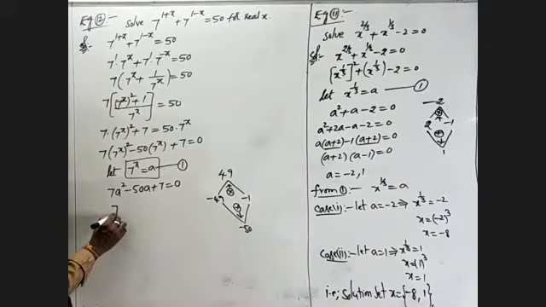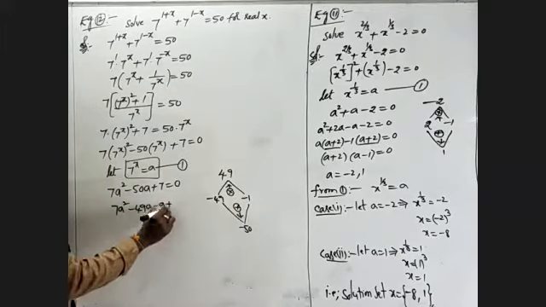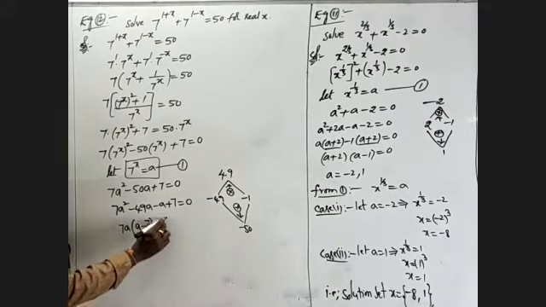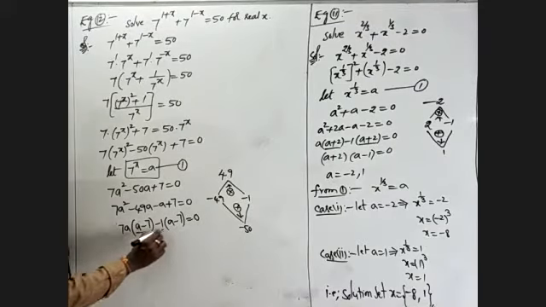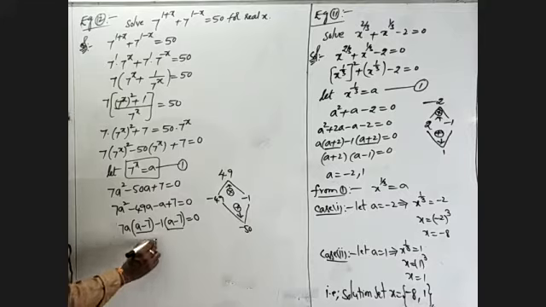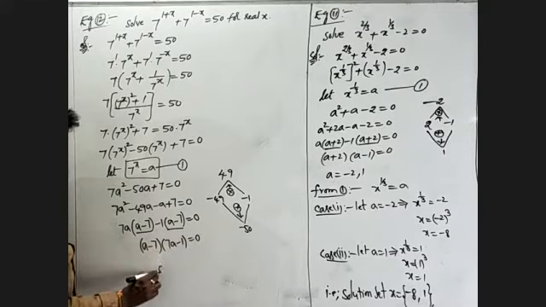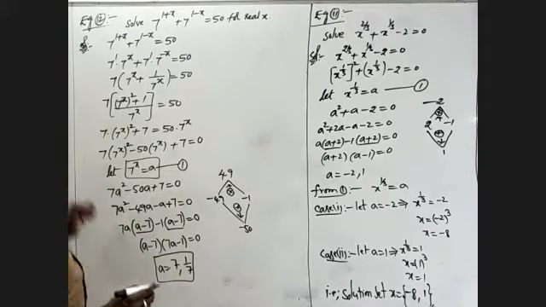So I will write 7a square minus 49a minus a plus 7 is equal to 0. I will take 7a common, remaining I have to write a minus 7. Again I will take minus 1 common, remaining I have to write a minus 7 equal to 0. Here the common term is a minus 7 into 7a minus 1 is equal to 0. That I will write a is equal to 7 comma 1 by 7.